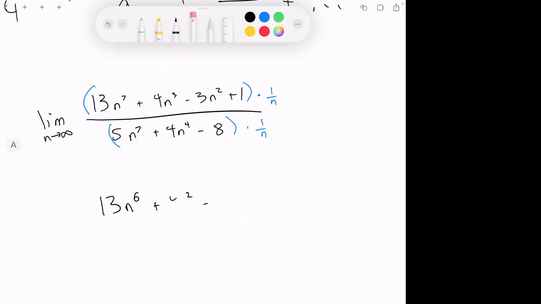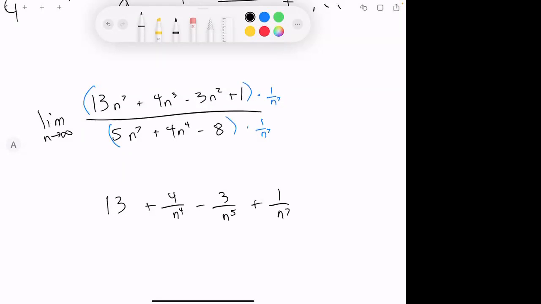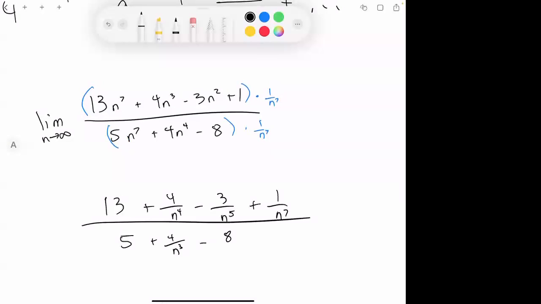So what you ought to do is multiply by 1 over n to the highest exponent around, 1 over n to the 7. And that way it will cancel from every term completely, including the leading term. Let's see, well, 3 of them would cancel on this one, right? So there'd be 4 left. Whoops, let me say that again. There'd be 4 left on the denominator. This would be minus 3 over n to the 5 plus 1 over n to the 7. So after having done this, which is just one thing that we could have done among many, many different things that we could have done,